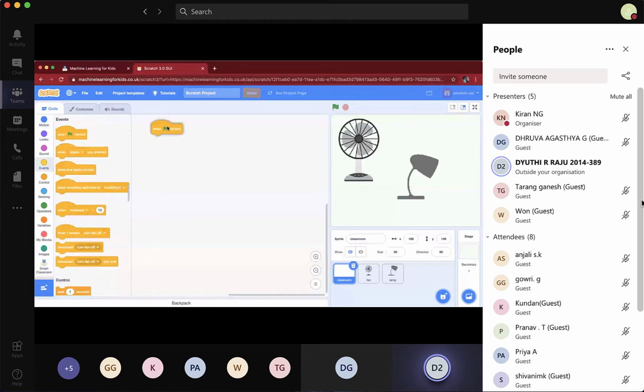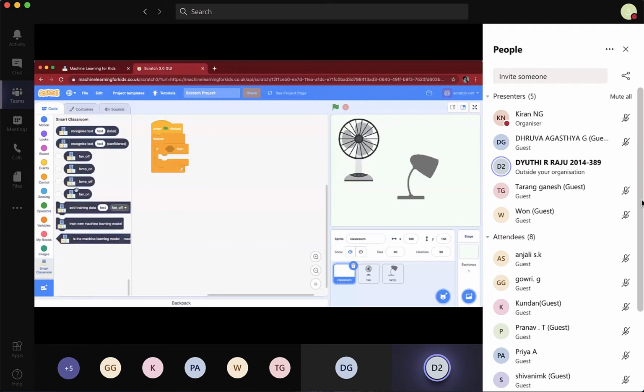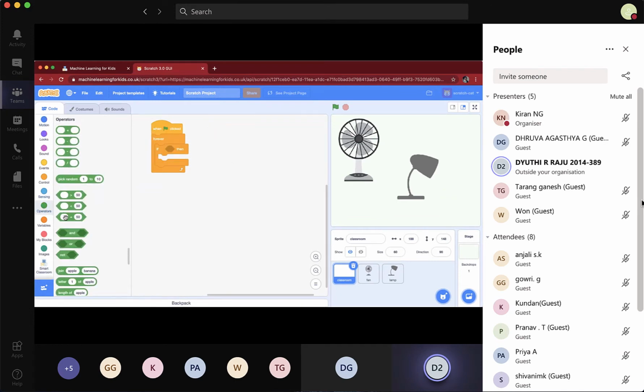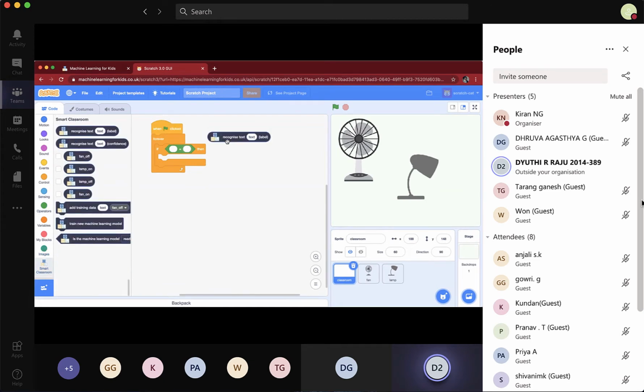So quickly I'll just do the code. As you see, last time when I showed it to you, I didn't have fan on. I added a new label and I got this new one. I'm going to go for operators, 50, and then recognition text label.